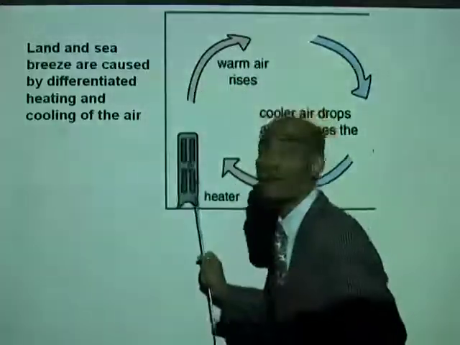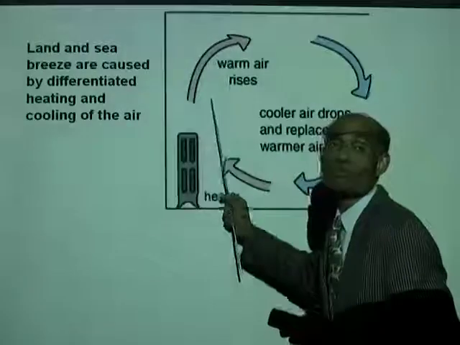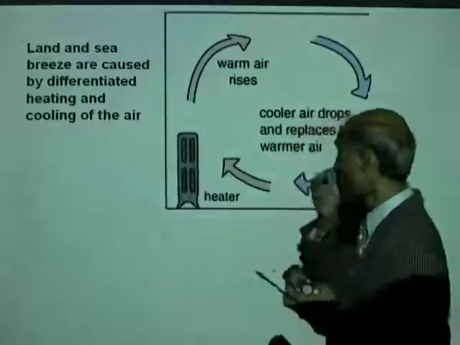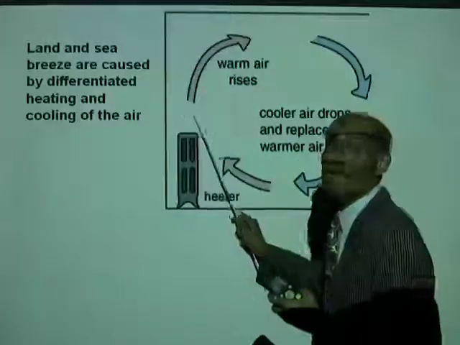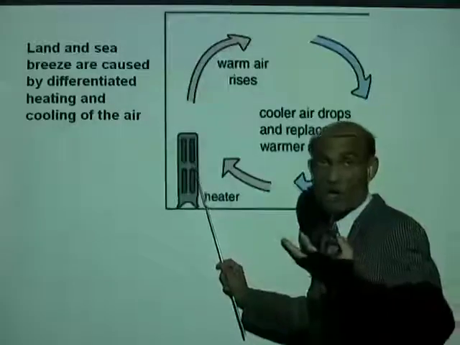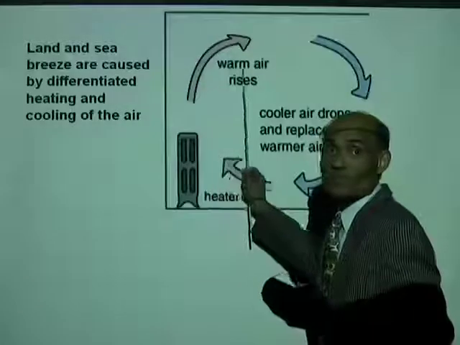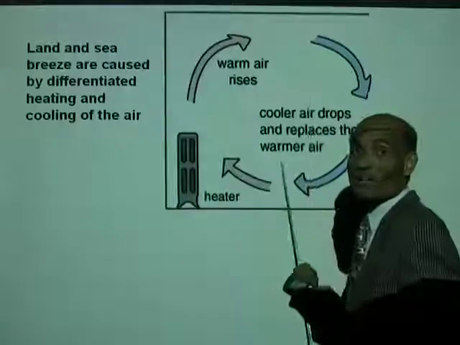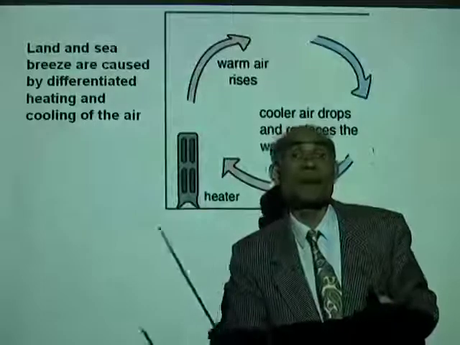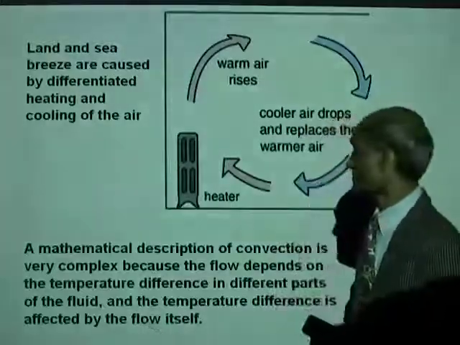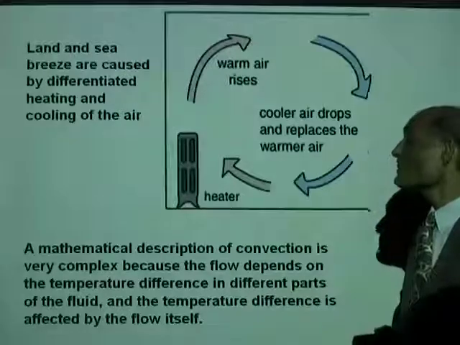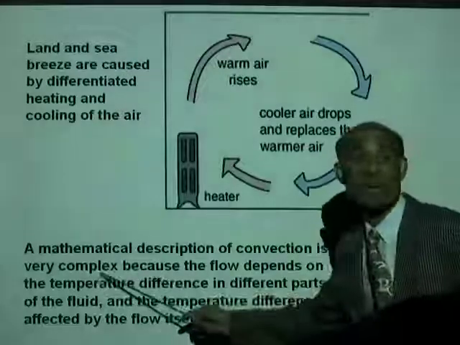Now look at how a room gets uniformly heated by placing a heater at one part of the room. The air immediately surrounding the heater gets very hot, it rises, and cold air will sink, and there will be a good circulation of air created in that room. Now, a mathematical description of convection is a very complex phenomenon. You know,